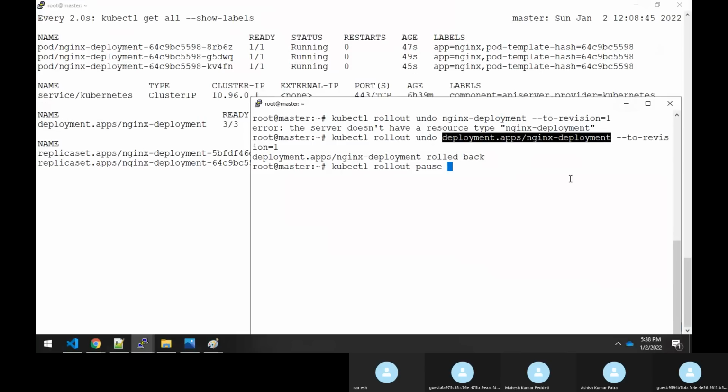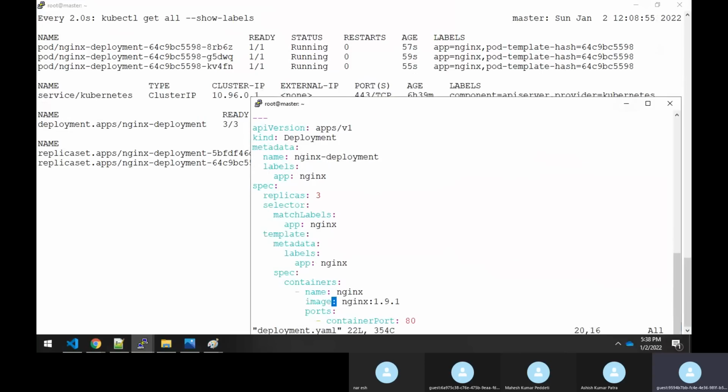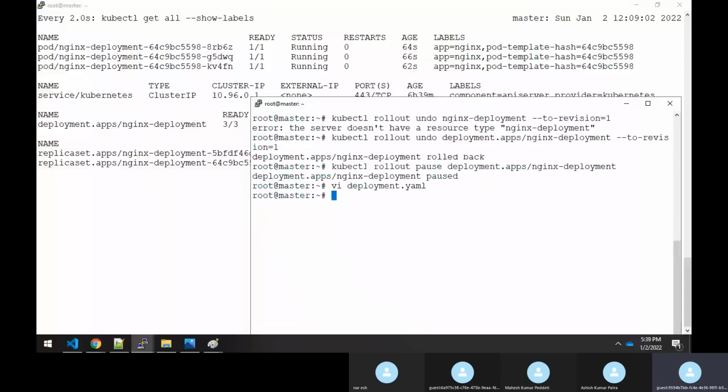Like this, you're pausing it. After that, suppose you open that deployment.yaml file. Let it be 1.9.1, because it is now 1.7.1, since I have rolled back. I will apply it: kubectl apply -f, specify the deployment.yaml, --record=true. I will maintain that now here.